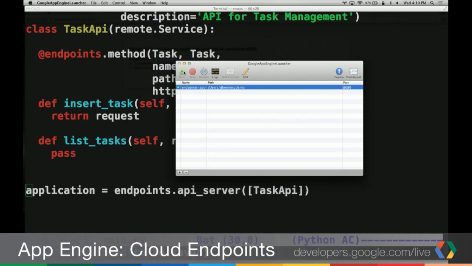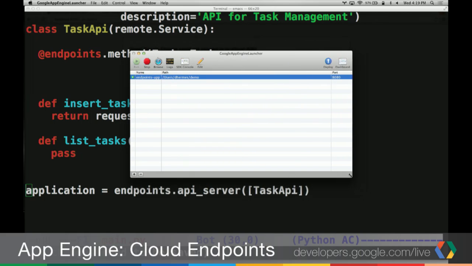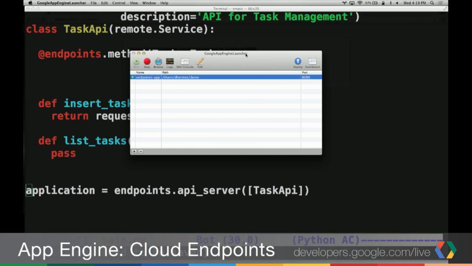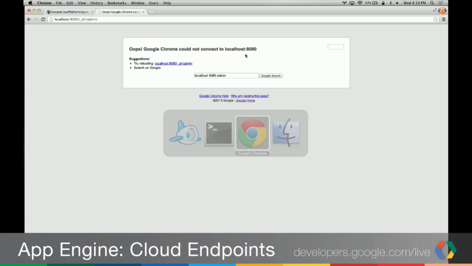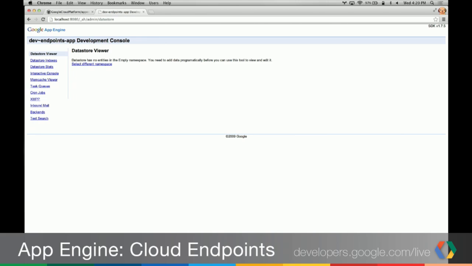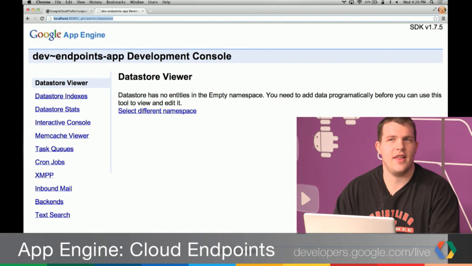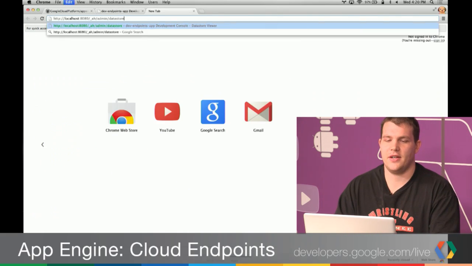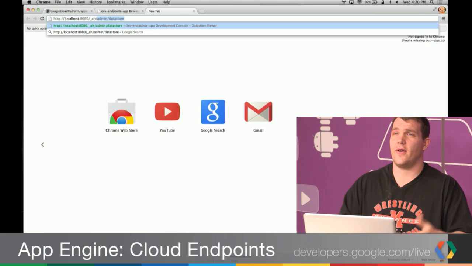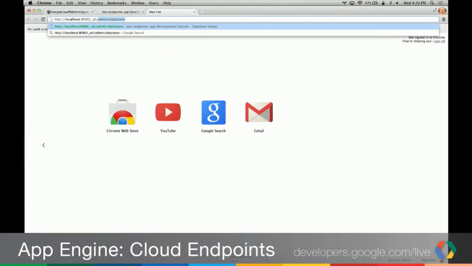Dun, dun, dun. Place your bets. So I'm here in the Google App Engine launcher. I haven't figured out how to increase the font size on this ever, but I've got my app running, and I'll head over to Chrome just to make sure it's running. So I went to the admin console for the app, and again, it's running. It's good. And we want to test the actual Explorer for the application, and it's very simple. There's a protected path under _AH, which is, as people familiar with App Engine know, full of protected paths. So if we go to localhost:8080, which is the local name for the app that I'm running,